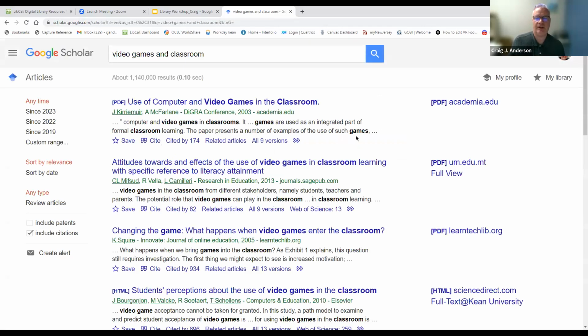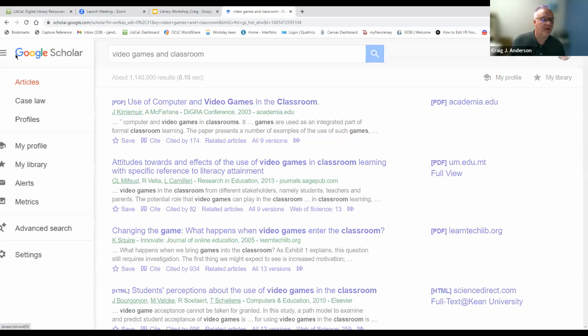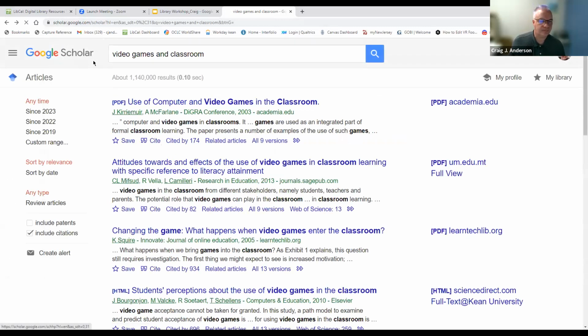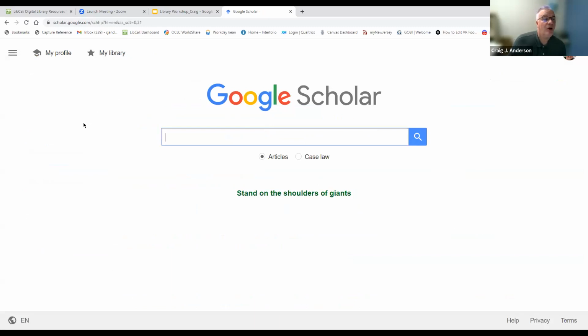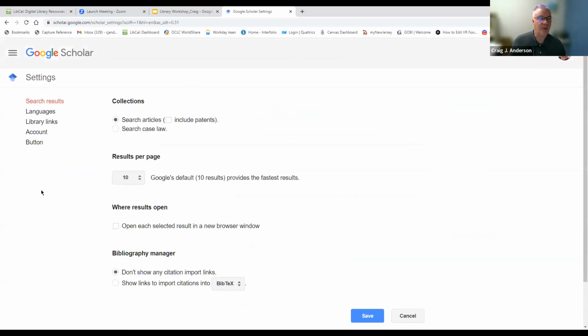Oh, so sorry, I forgot to do this first. When we go to Google Scholar, we can go up to this menu up top here. Now this is not going to look very impressive because I've already done this on my computer. But we go to this menu up here and go to settings. When we go to settings, one of the options here is for library links.